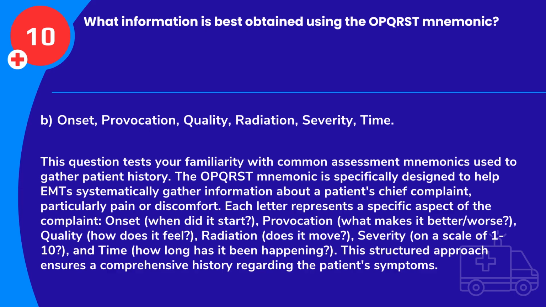Answer: B. Onset, provocation, quality, radiation, severity, time. This question tests your familiarity with common assessment mnemonics used to gather patient history. The OPQRST mnemonic is specifically designed to help EMTs systematically gather information about a patient's chief complaint, particularly pain or discomfort. Each letter represents a specific aspect of the complaint: onset, when did it start; provocation, what makes it better/worse;